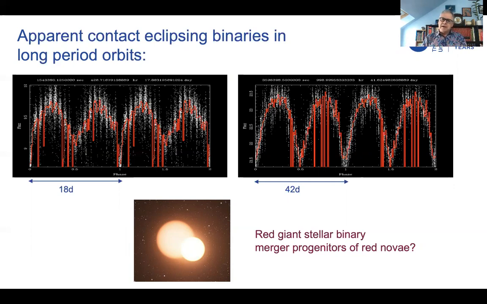And what we think these may be is red giant stars in close contact binaries. And if they are, these may be objects that are the progenitors of things called red novae. These are quite rare events where we see an explosion on a star that is very red in color. And the progenitors of these are believed to be red giant stars that get so close together that they merge and then explode in the nova. So what we think we may have found in some of these systems is these red giant binary merger progenitors of red novae. Now, we're still investigating these, so we don't really know the answer yet,